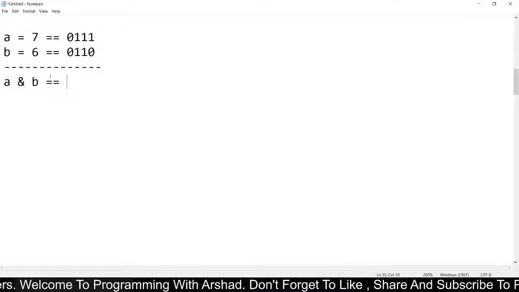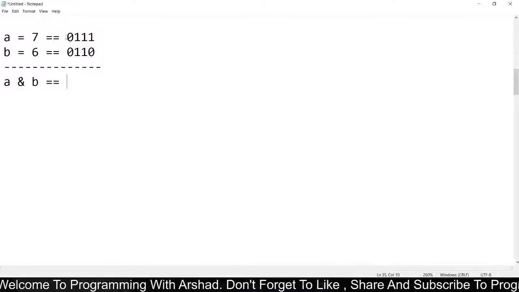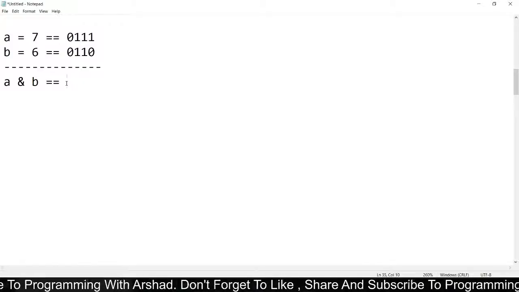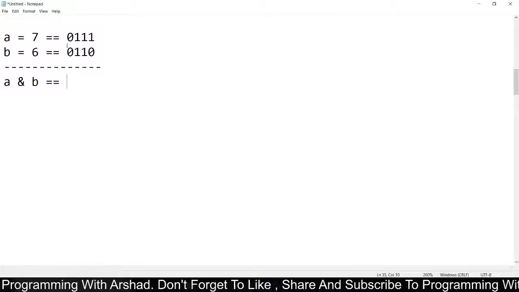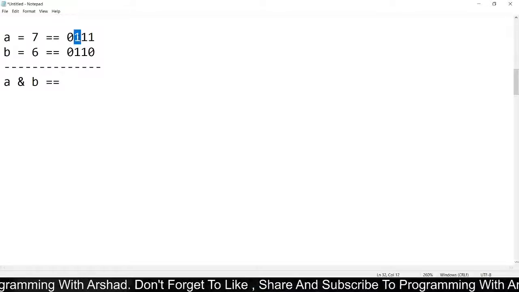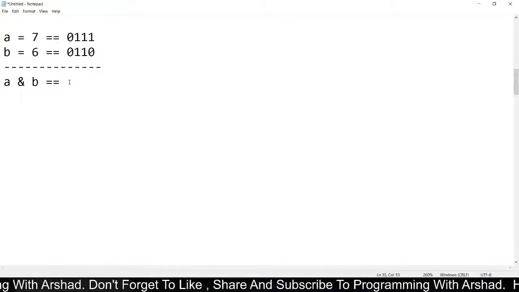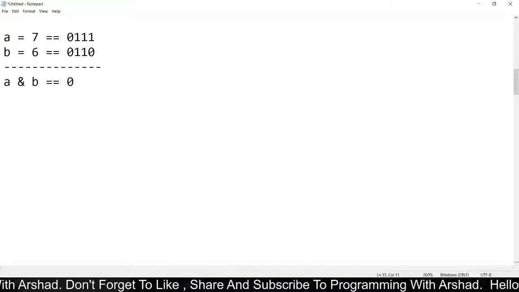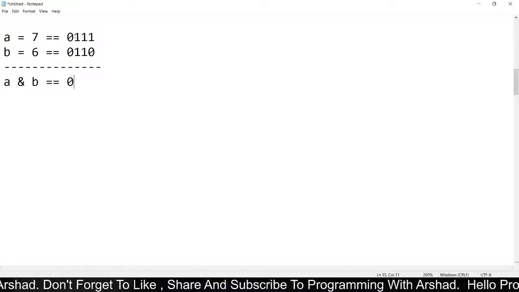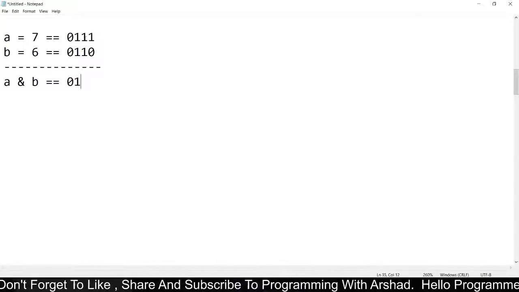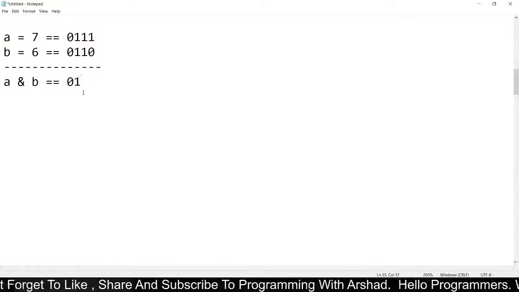Now in the case of the bitwise AND operator, as we already discussed, if both the bits are 1, then it will return 1, otherwise it will return 0. Here both the bits are 0, so it will return 0. In this case both the bits are 1, so it will return 1, and in this case also both the bits are 1, so it will return 1.